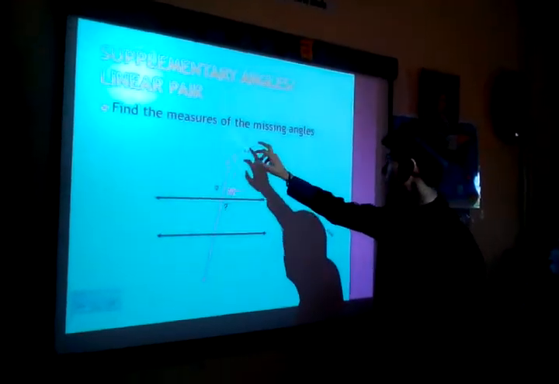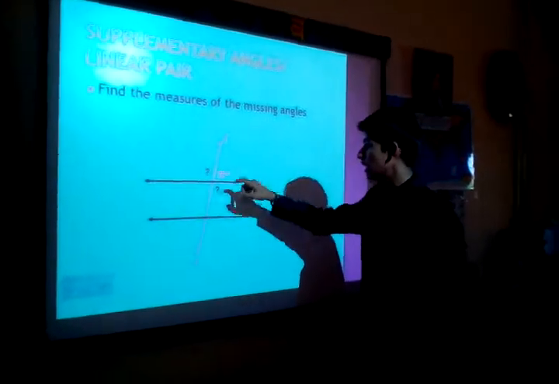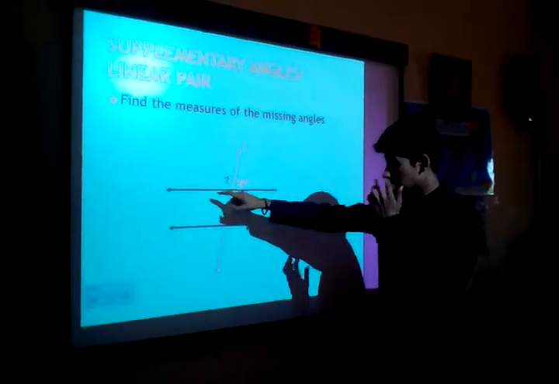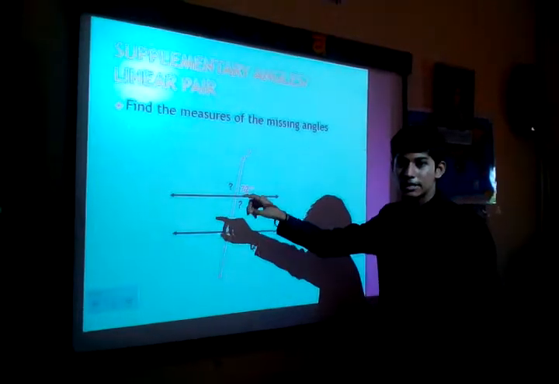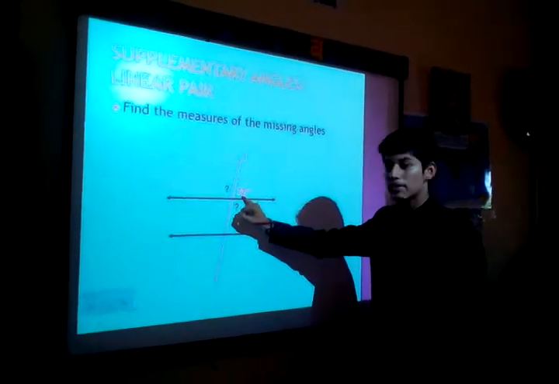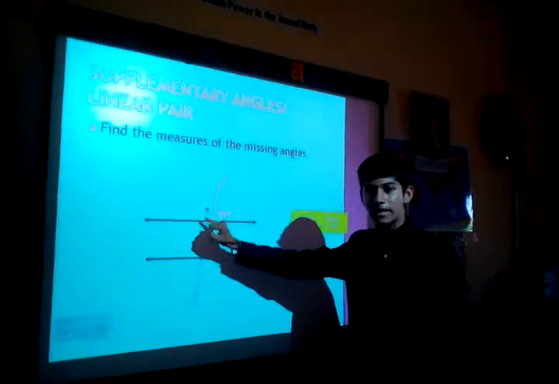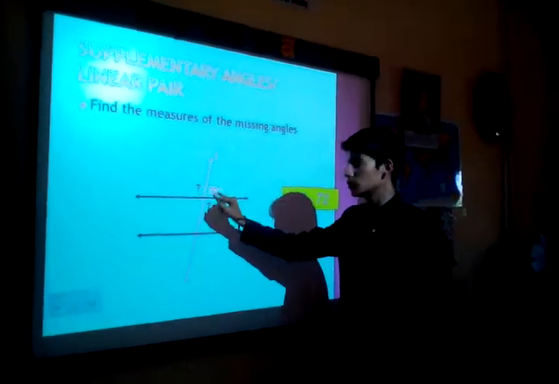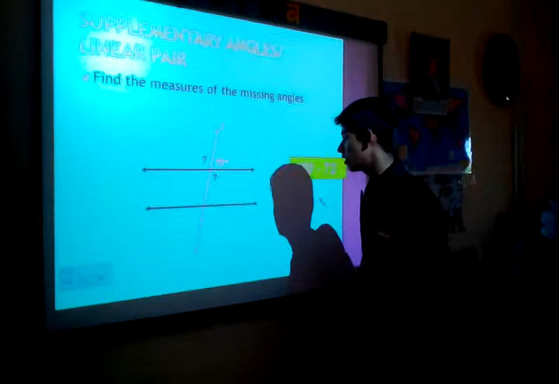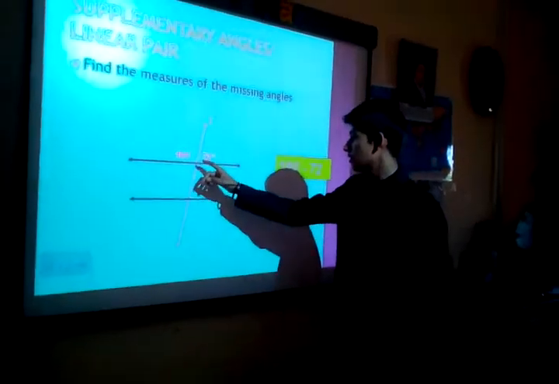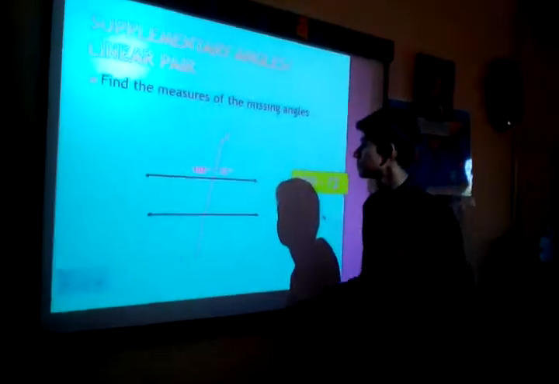Find the measure of this missing angle. We can also find it as we know that the line has the sum 180 degree, means it is a linear pair of angles, and one angle is given 72 degree. So we can find the other angle by subtracting 72 from 180 degree. The angle will be 108 degree.